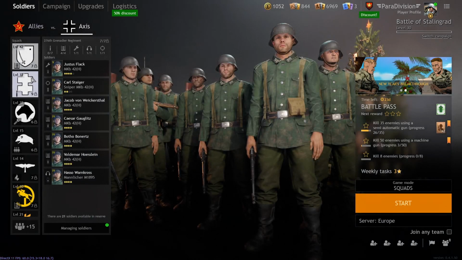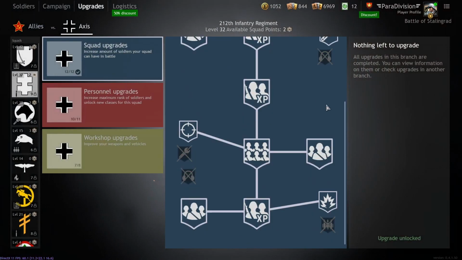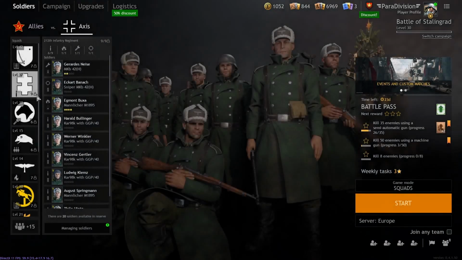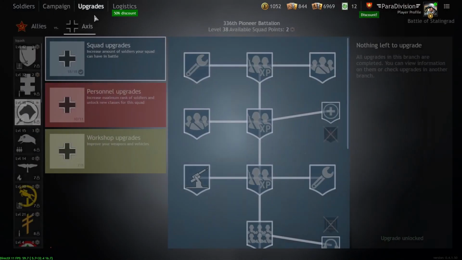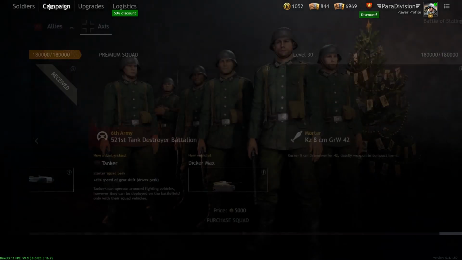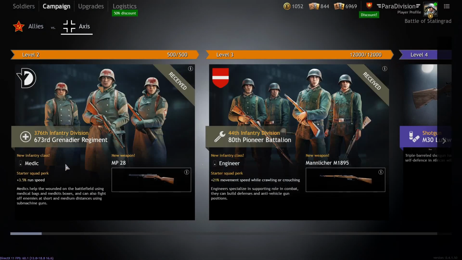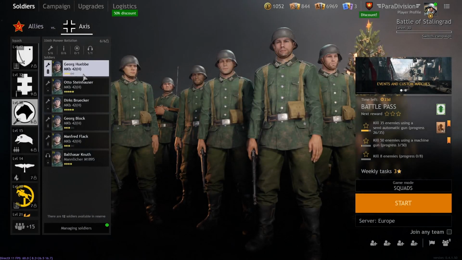For example, you start with a rifleman squad. Can they get assaulters? No, they can't. But at level 3 you unlock the engineers, and here, well, the engineers can get assaulters. So what you do is, once you reach level 3, which is basically after 1 or 2 games, you just start leveling up the engineer squad and unlock the technology